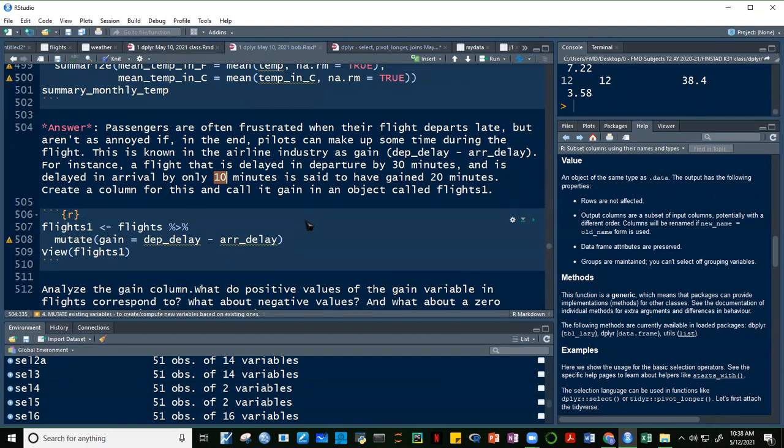So, kung mas mataas yung departure delay kaysa arrival delay, ibig sabihin, nag-gain yung flight na yon. Pero pag mas mataas, guys, yung arrival delay kaysa departure delay, ibig sabihin lalo pang na-late, no? Okay, so let's create now this object,